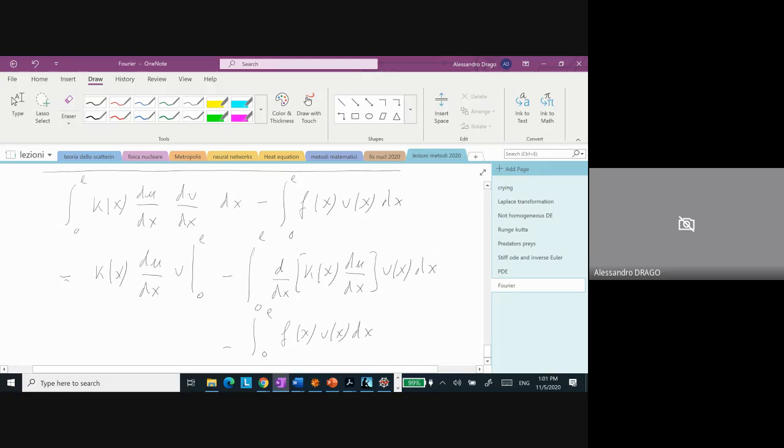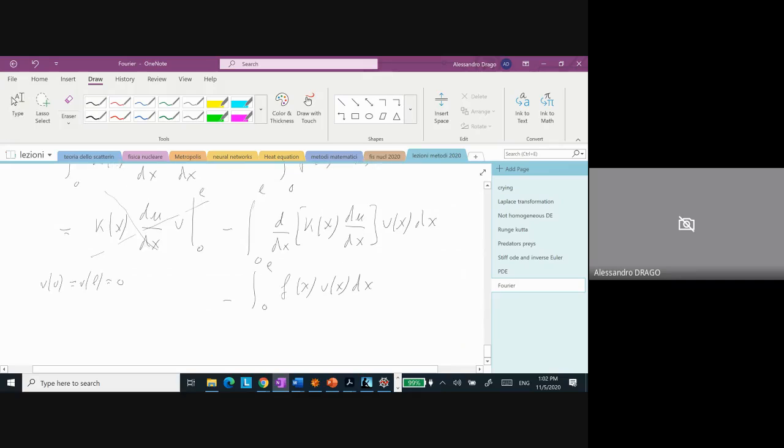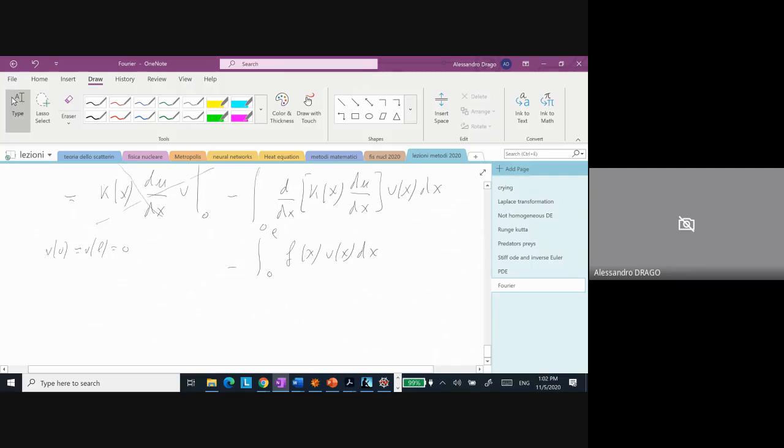original equation. Okay. So what happens is that this first term here is 0 because v is arbitrary, but it has to satisfy the boundary conditions. So v of 0 is equal to v of L is equal to 0. So this object here is 0. And therefore, we are happy because, of course, we can just put together the two pieces and we